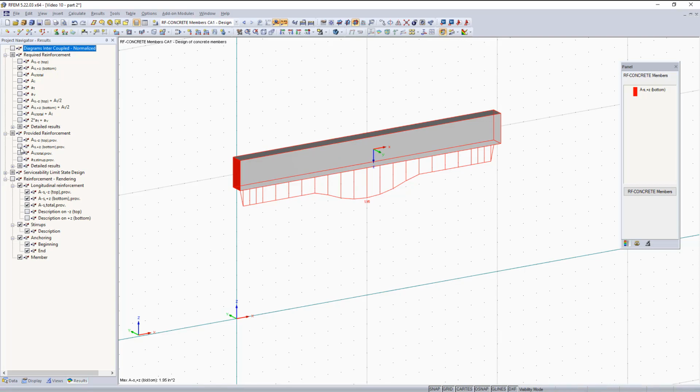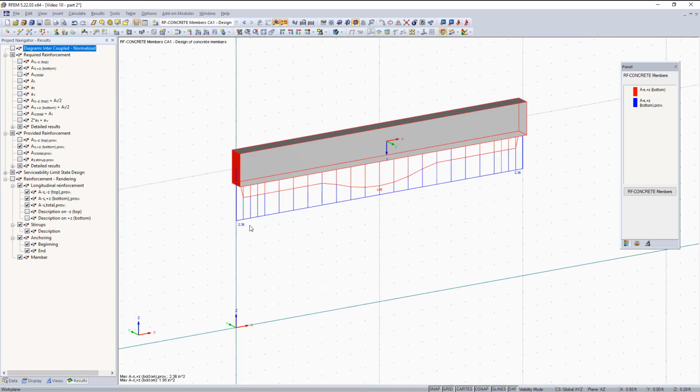And now we can do something pretty useful, which is down over here, we can overlay the provided reinforcement so we can visually see what the program has put into the beam member. This comes out to 2.36 inches squared of steel reinforcement. So this should always show that the provided reinforcement is greater than the required reinforcement,